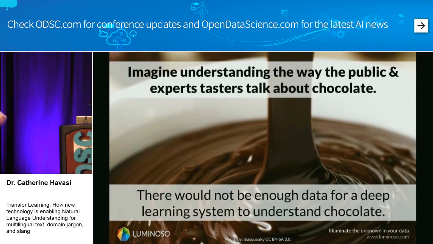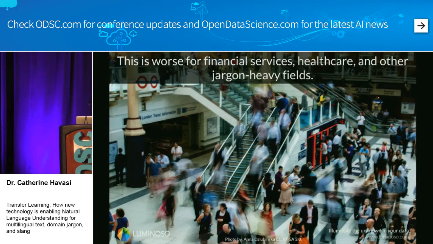And it can be very unique words. I'm sure they have the same, in fact, I know they have the same types of words that you have for doing wine or other sorts of tasting. And so that sort of exemplifies the issue. And this gets much worse for really jargon-heavy fields: financial services, healthcare, consumer electronics. Any field that has a lot of different product names is always one of those fun ones. And anywhere where there's a lot of ever-changing slang, say news or politics or any of those places. So that really becomes a problem.